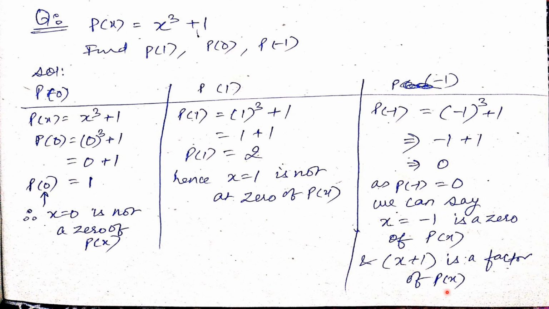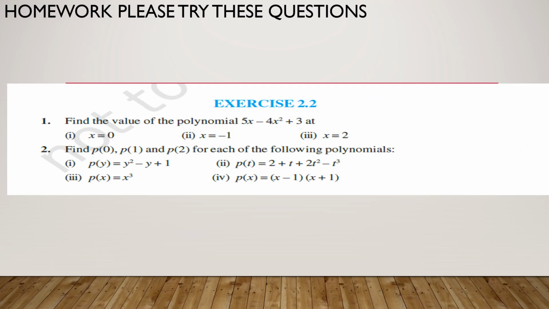I hope you understood all these examples. In case of any confusion, kindly watch one more time. It will be clear. It is a very easy concept. Now, I hope you all can solve exercise 2.2. Questions are here. First and second, very easy. You have to find the value of the polynomial at these points. Suppose you name it as P(x). You have to find P(0), P(minus 1), P(2). I know you can find it very easily. Similarly, in the next question, you have to find P(0), P(1), P(2) for these four polynomials. Very easy. You can find.